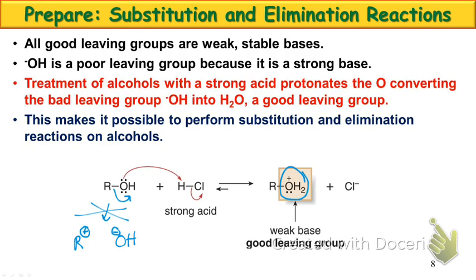So what does it do? It steals electrons from where it can get them. In this case, what we're looking at is hoping it's stealing them from that R oxygen bond. And we get our leaving group. What would be the product if that left? We get our R positive, and